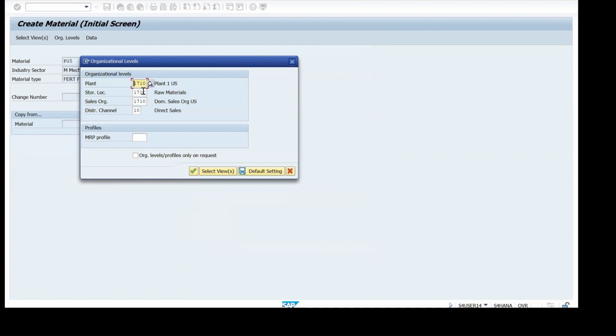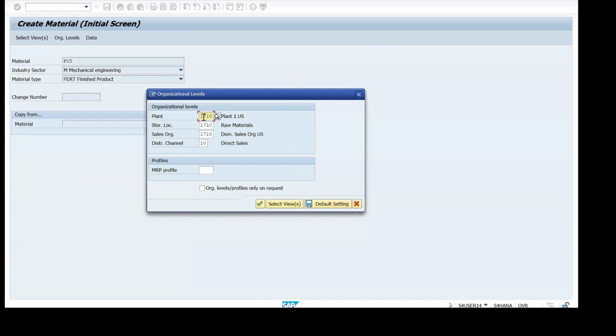If I press continue, the system will prompt you in which organization level, in which plant you want to create this material, at which storage location, at which sales organization and distribution channel. These are the best practices plant and organizational structure. 1710 plant, 171C storage location, or you can enter 171A also. That is also good enough. And 1710